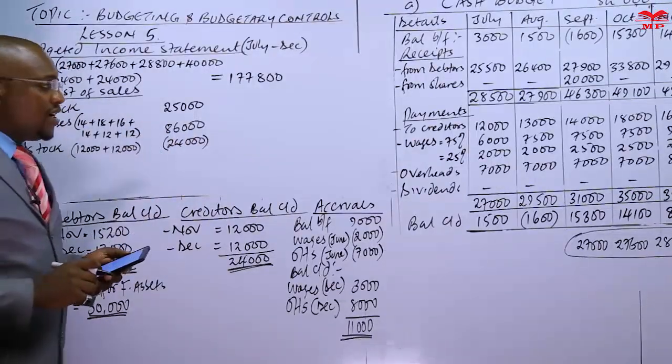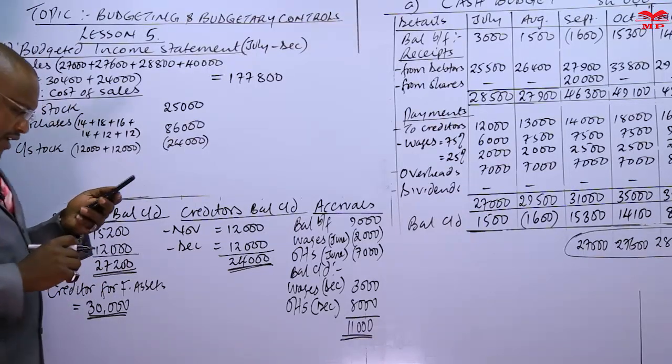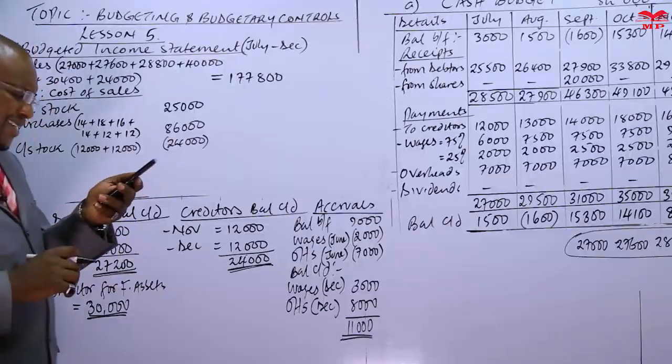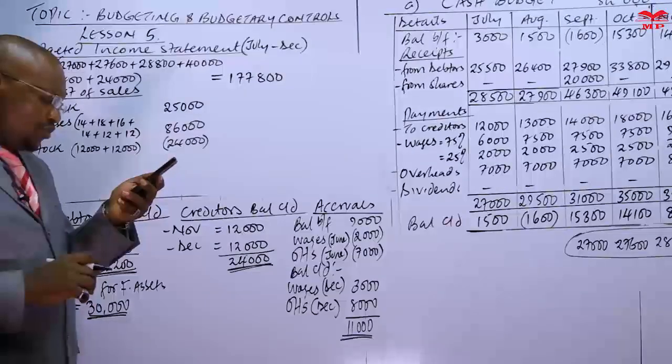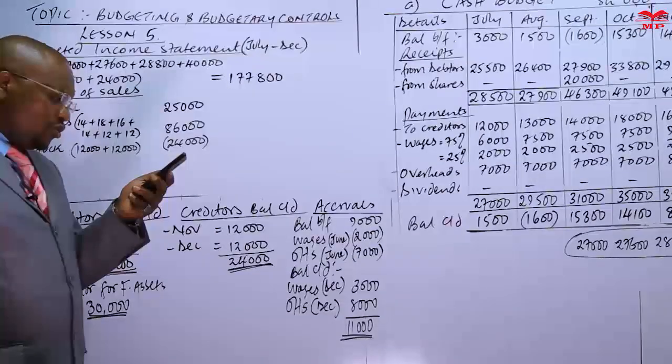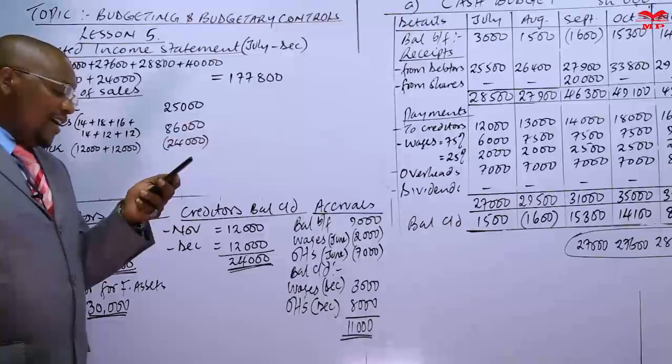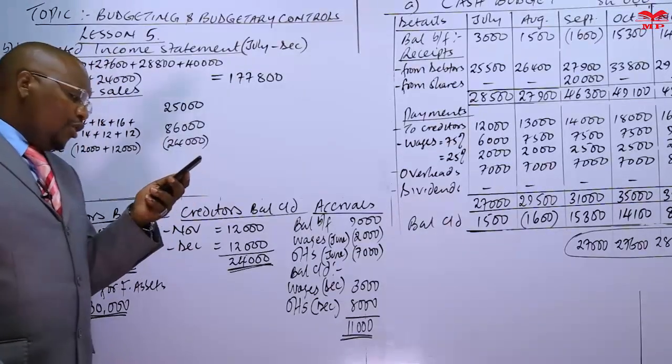24 is our closing stock, and therefore we have been told already that as at that 1st of December 2012, the value of stock was equal to the preceding. Sorry for that. Number 10 reads that the value of closing stock